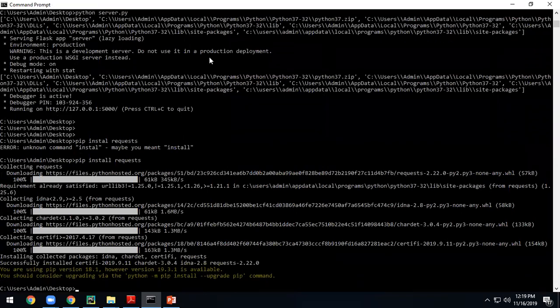Like how you have imported and installed a response path, like that you have to import requests also. Pip install requests.